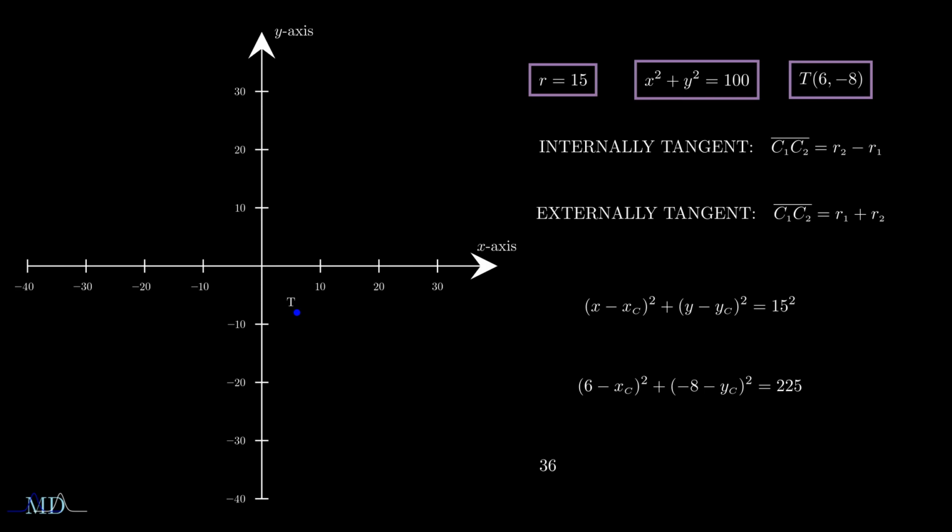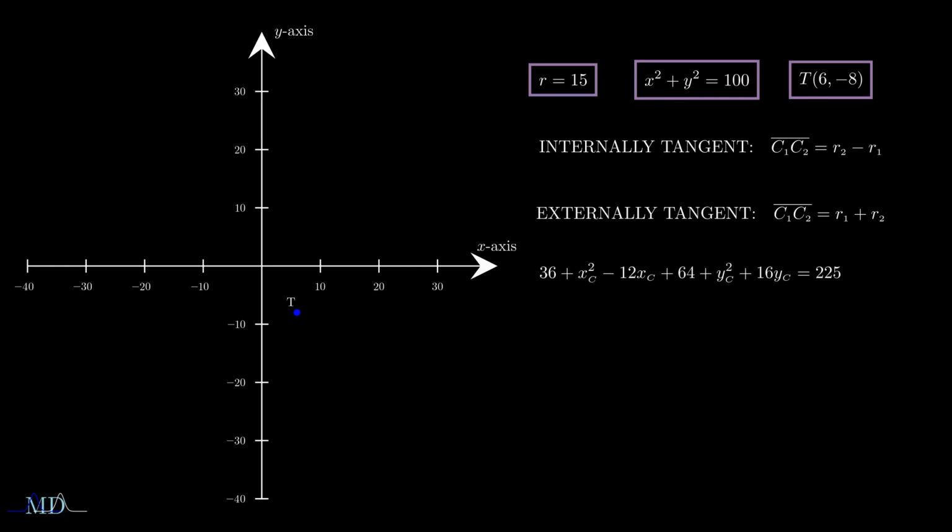We solve the binomial square. Then we apply the condition of internally tangency. The distance between the two centers equals the difference of the radii. The circle of equation x squared plus y squared equals 100 has center at the origin of the axes and